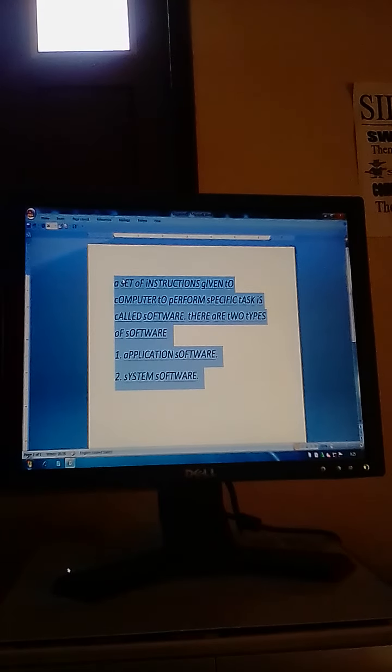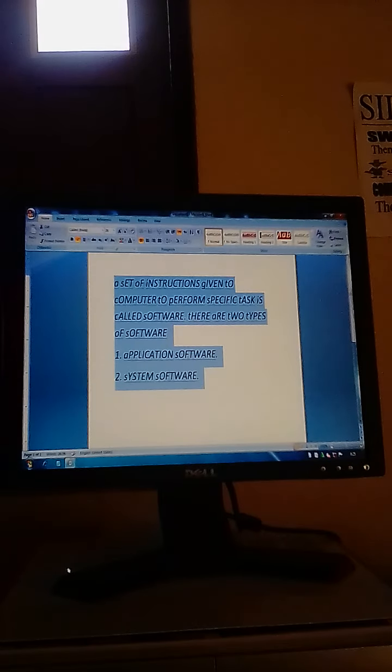Dear students, now we are going to convert this paragraph into sentence case. Sentence case means the first letter of the sentence will be capital and the remaining letters will be in small alphabet, as we usually type or write in our daily life.